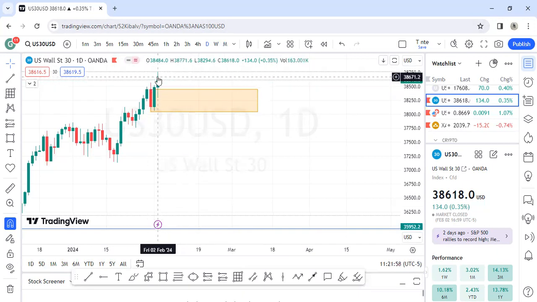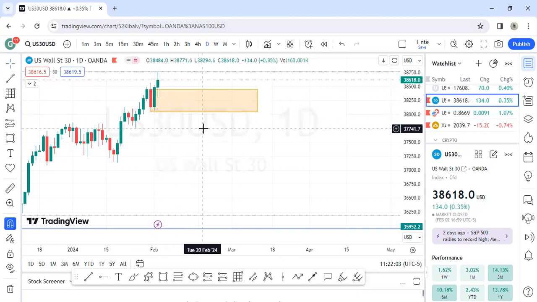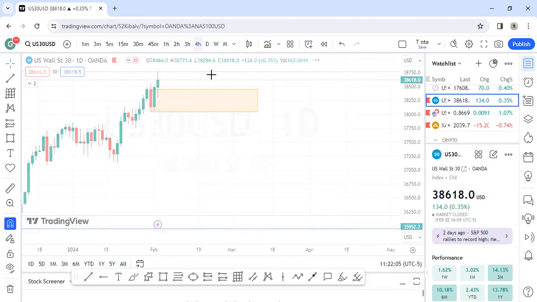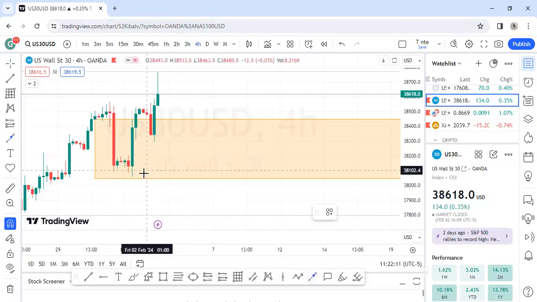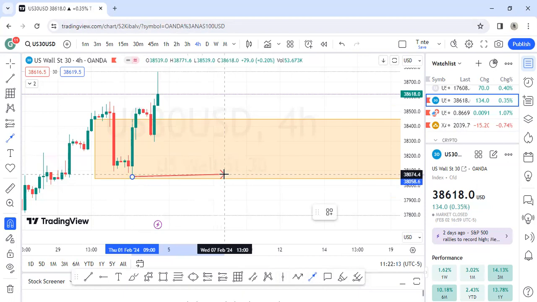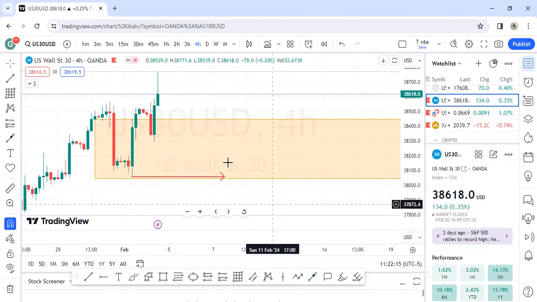For me to really trust the market to start selling it, I want to see the market break this bullish order block and go below, displacing it. So for now, I don't really have any trade idea. I'd love to see price break this swing low. For us to sell this guy, I want to see the market at least breach this swing low here. So for now, there's nothing of interest on US 30.